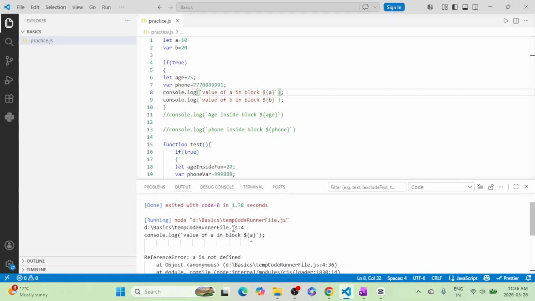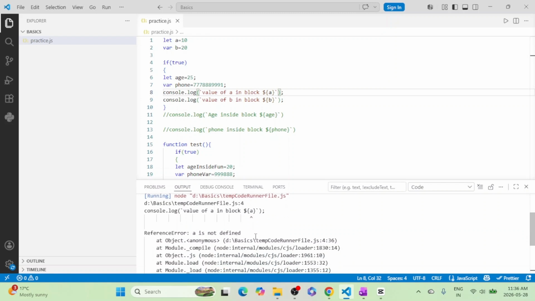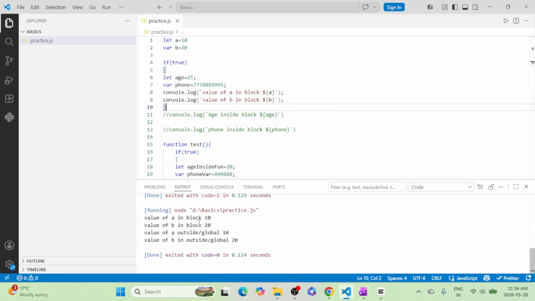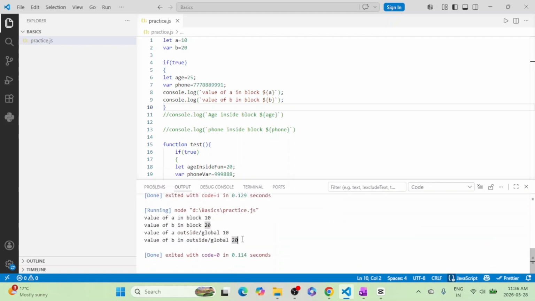It's showing some error on line number 4. Let me see what it is. A is not defined. But here we have A, so it should be able to access the value of A as per my understanding. Okay, I don't know if I made some error over here. So the value of A is accessible inside the block and B is also accessible inside the block, which are